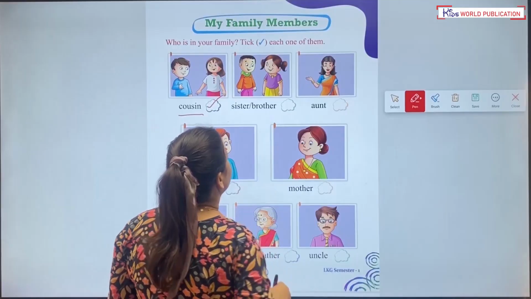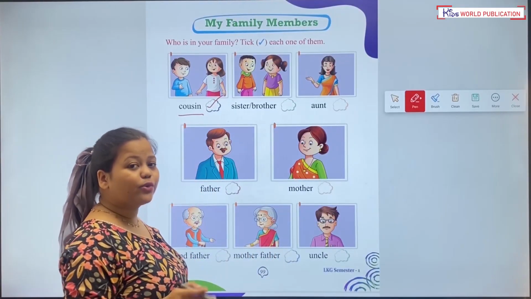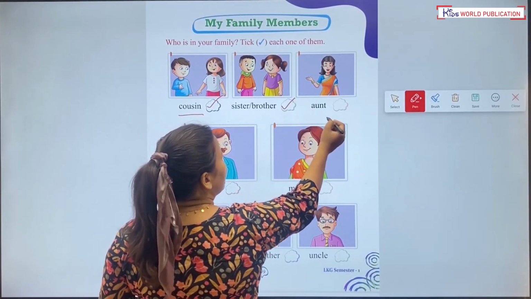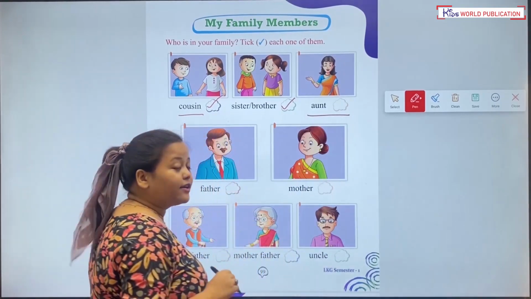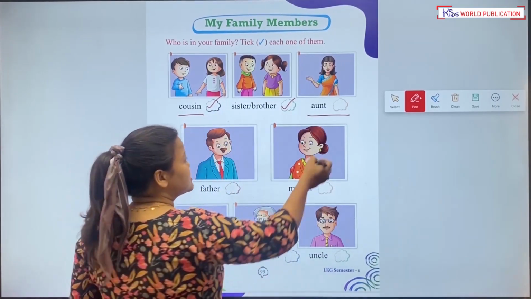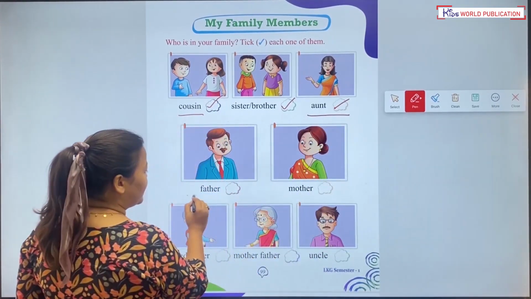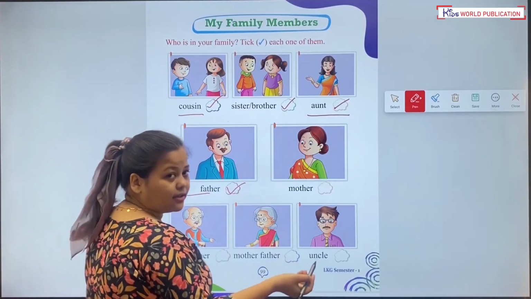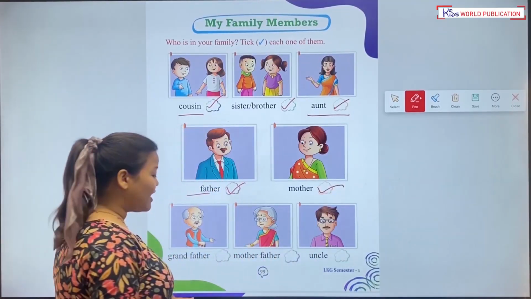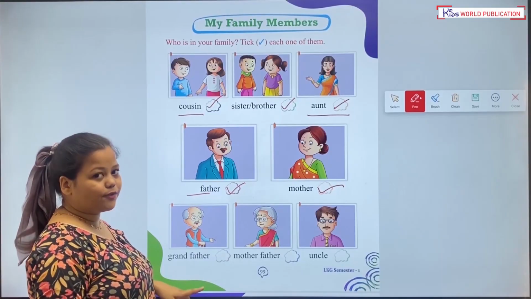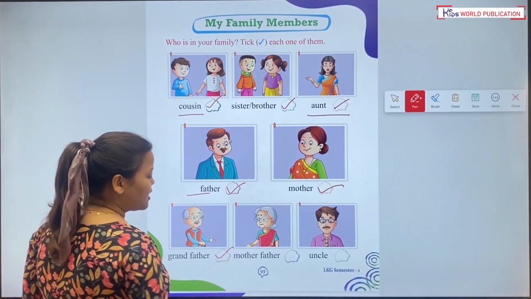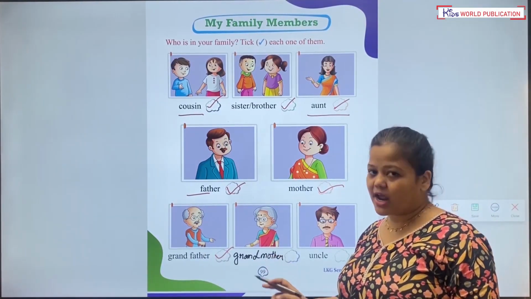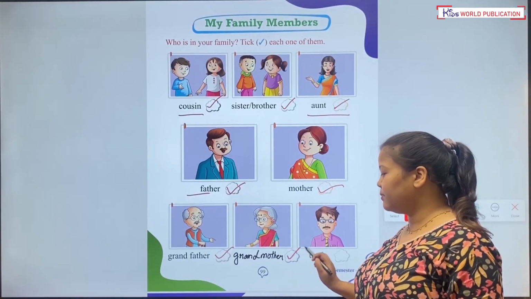Sister and brother. If you have a sister and brother, you will tick it. Aunt. If your aunt lives with you, you will tick the box. Father, yes. Mother, yes. Grandfather, if your grandfather lives with you, you will tick the box. Grandmother, if your grandmother lives with you, you will tick the box.